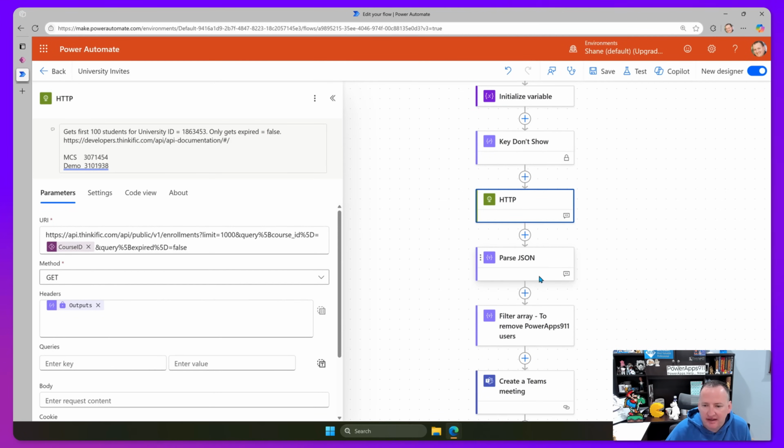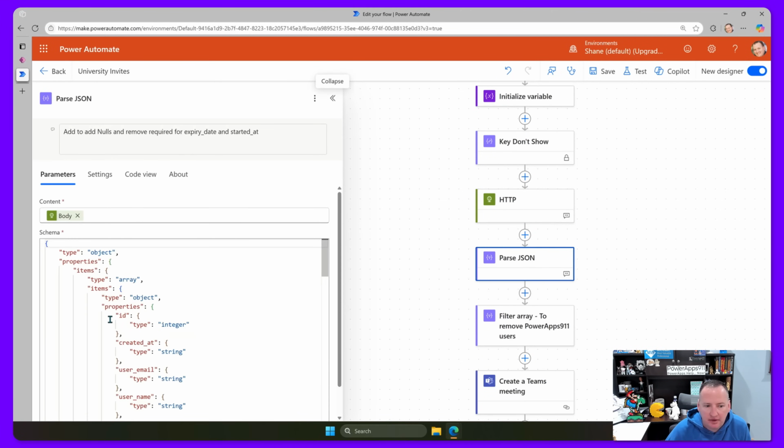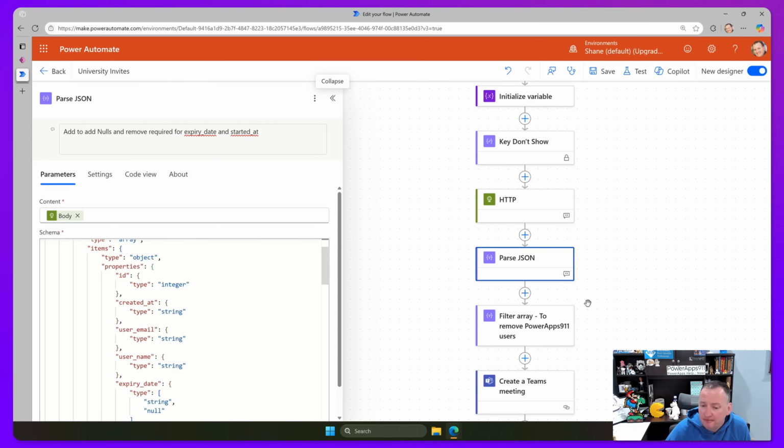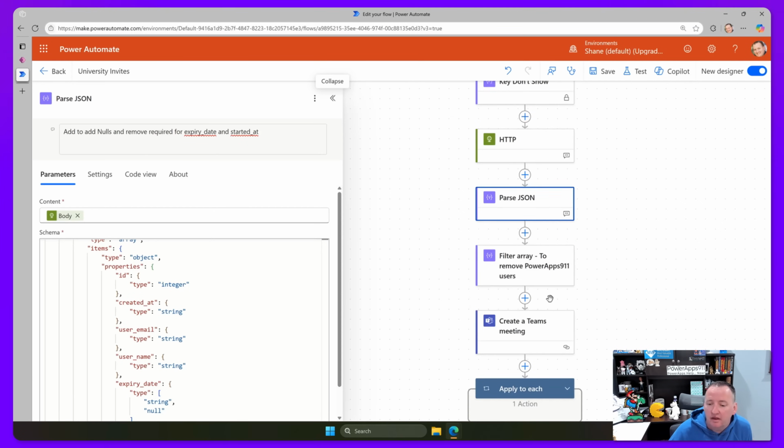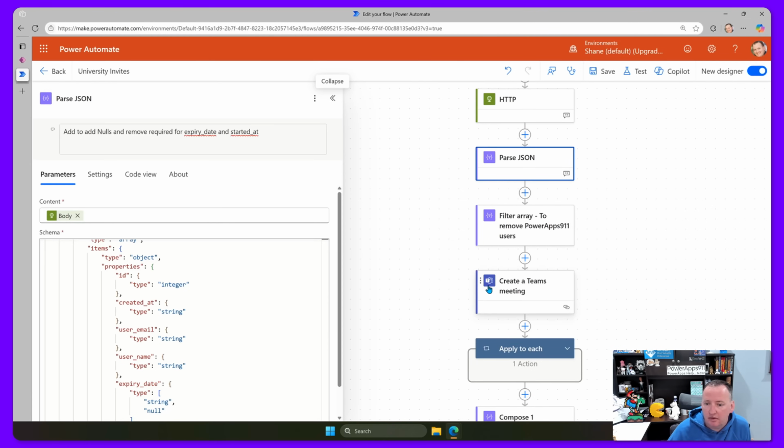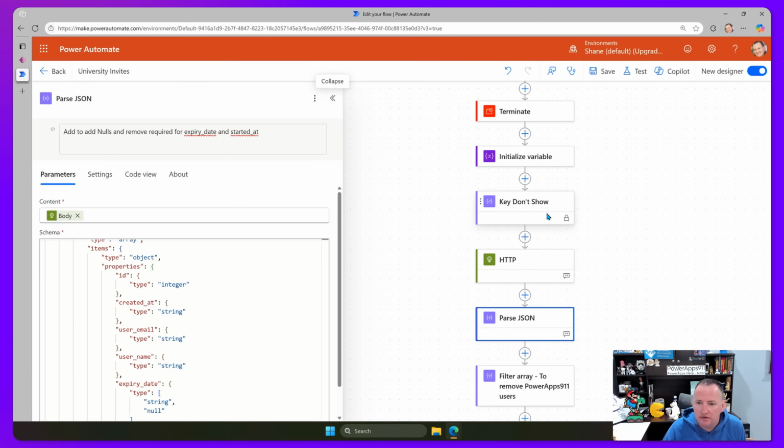Okay. So now this would get that key. This parses that data. So this just takes the output and parses it into the pieces. This one removes the PowerApps 911 users because a bunch of them are in different classes, but I don't want them to fill up their calendar with all these invites. So if they want to go, they need to figure it out on their own. And then we create the Teams meeting. All right, we don't want to do the create Teams meeting, but I think what we want to do,